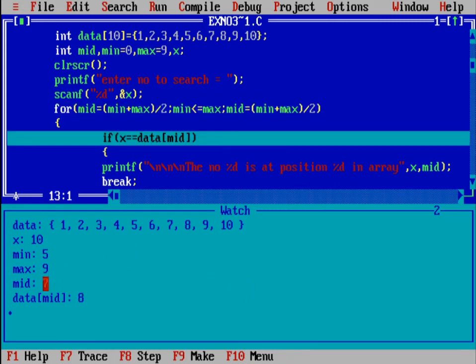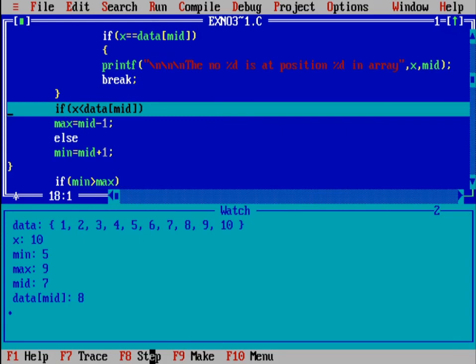Again we compare x with the data of mid. What is available at the data of mid? It is 8 and our number is 10, so it is not equal. So we again compare whether x is smaller or x is greater. You can see x, which is 10, is greater than data of mid. So we will change our minimum value again. Min is equal to mid plus 1. What is mid now? 7. So 7 plus 1 will be 8. Now our min is converted into 8. See,